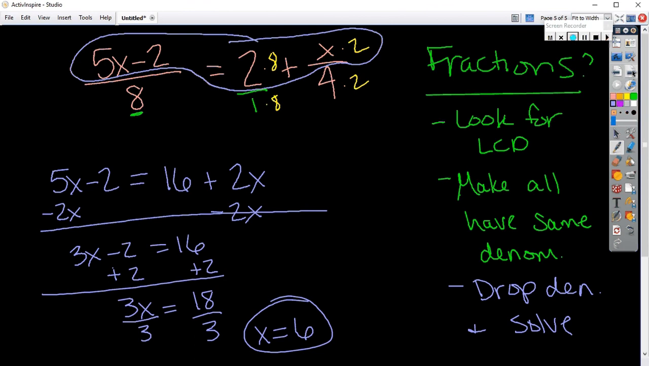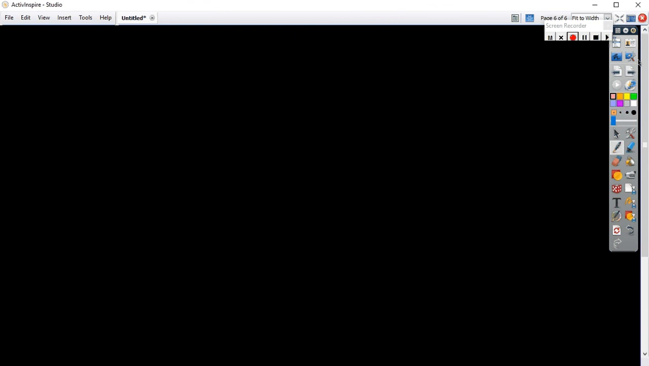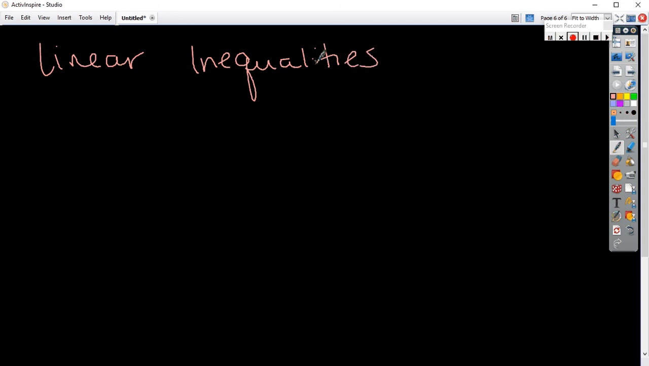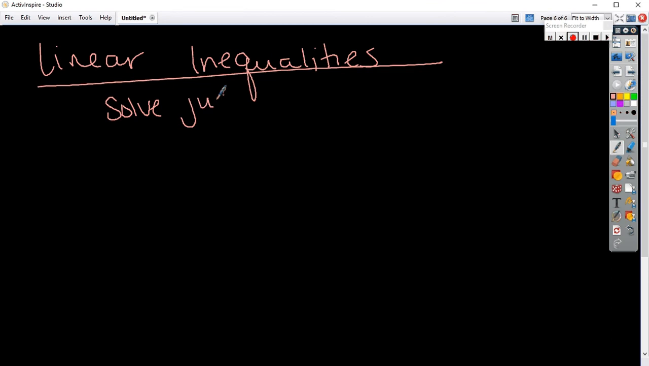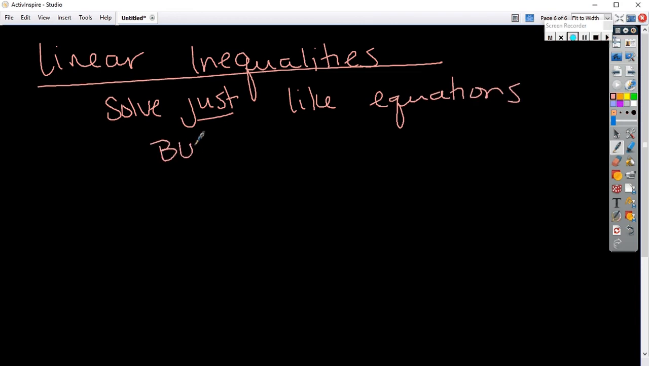All right, so linear inequalities are going to work the same way equations do, but there is one big difference. Does anybody know what that is? When you're solving them? Nobody? Solve just like equations. But